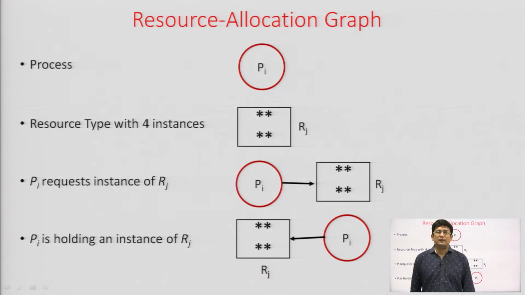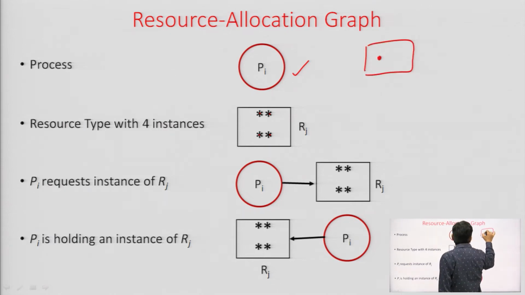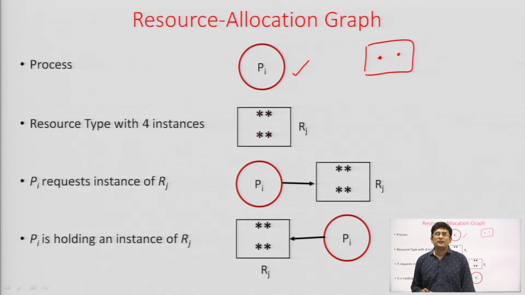So, deadlock, or the process and the resource allocation, can be represented with the help of the resource allocation graph in the system. We have a process Pi represented by a circle, we have a resource Rj represented with a rectangle, and the dots in the rectangle represent the resource units of this resource. For example, if we have 2 resource units, so a rectangle and 2 dots inside the rectangle is representing the 2 units of this resource.